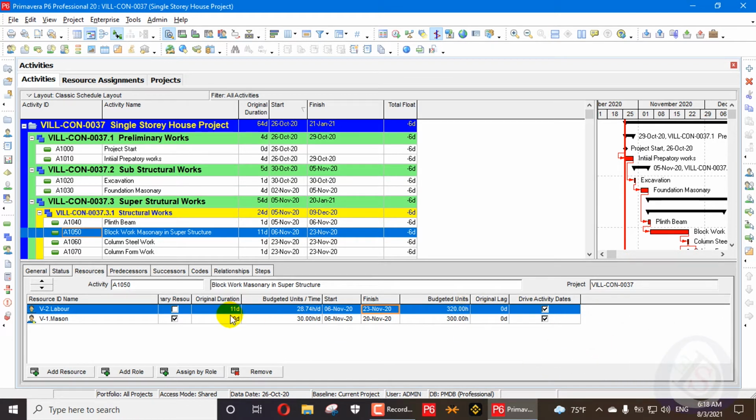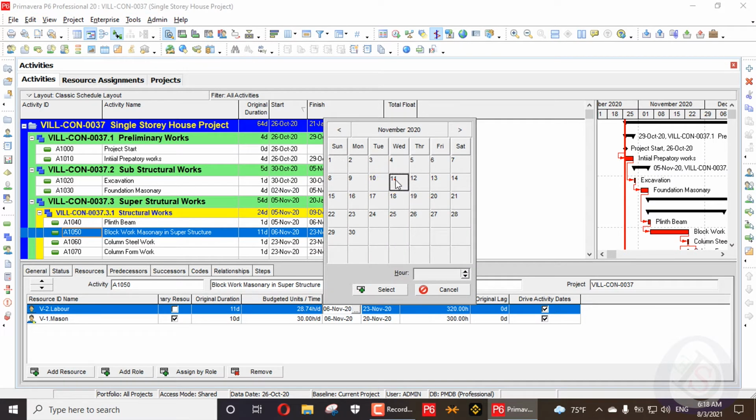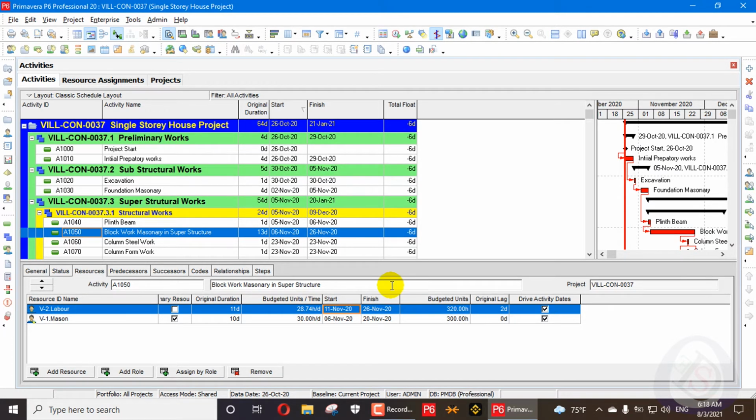Here you can see 11 units, and the other duration date is starting from 11, that Wednesday. So you can see the date is changing to 26 November. Here I will uncheck the mark and you can see it goes again to 20 November. So these dates are not driving now, because when I check mark this one, you can see in the bar, can you see the bar changes? It's 26 November when I check mark this one.